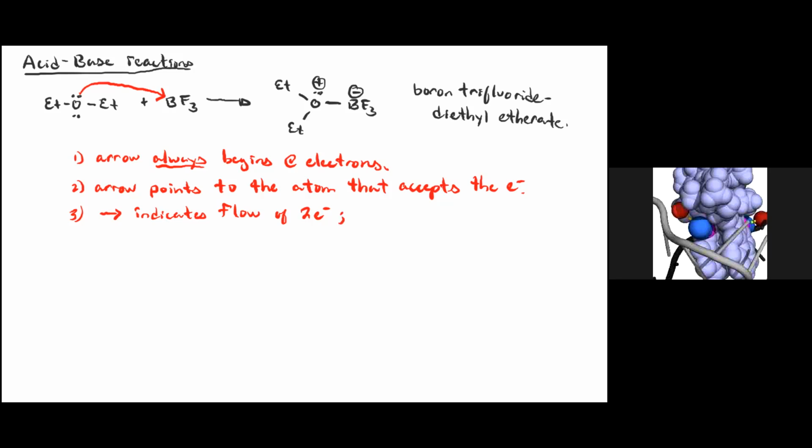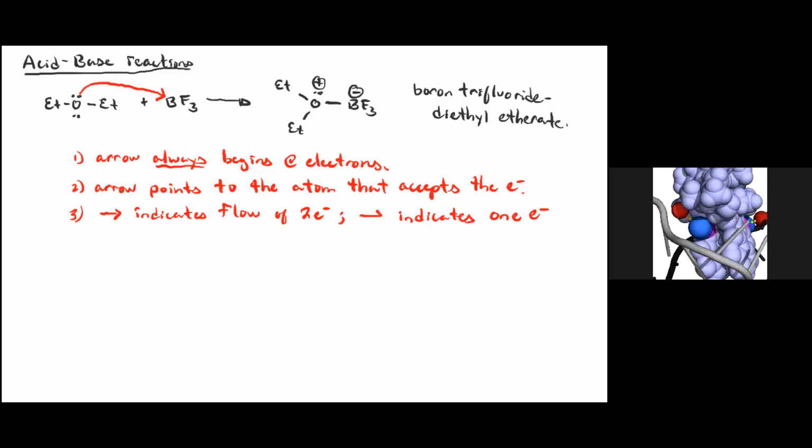So an arrow like this indicates 1 electron. Okay, but for now we're just concerning ourselves with these 2 electron processes, which are sort of the hallmark of